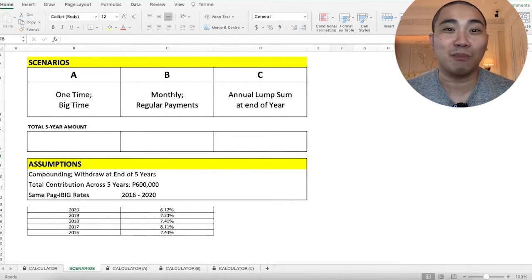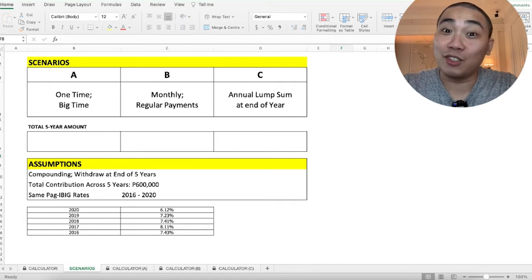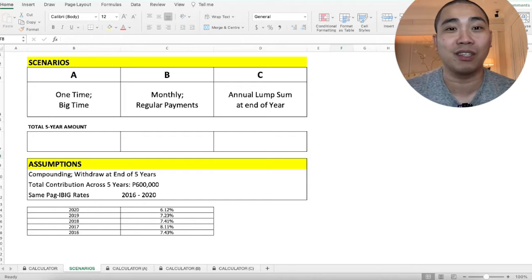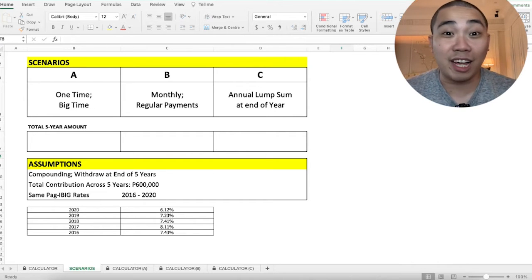Ang final pa rin po na amount is what the MP2 fund from Pag-ibig tells you at the end of your investment horizon. Now, this calculator assumes that you will invest and reinvest the dividends every year for 5 years. So, as you know, MP2 is a 5-year fixed-term investment. So, hindi pwedeng kunin yung principal before the end of 5 years subject to may mga specific lang na scenarios in cases of emergency that you can find in the Pag-ibig website.